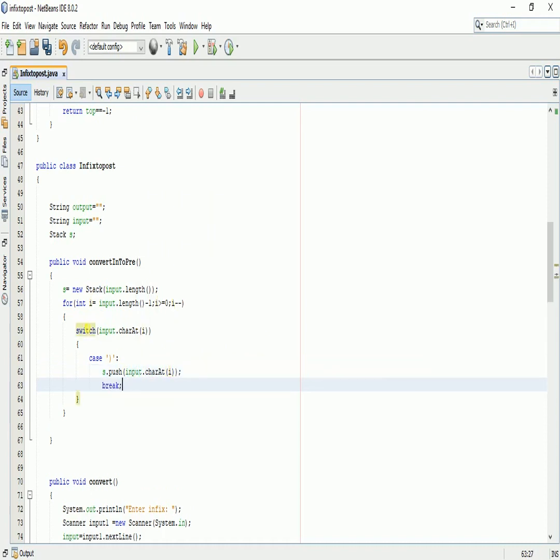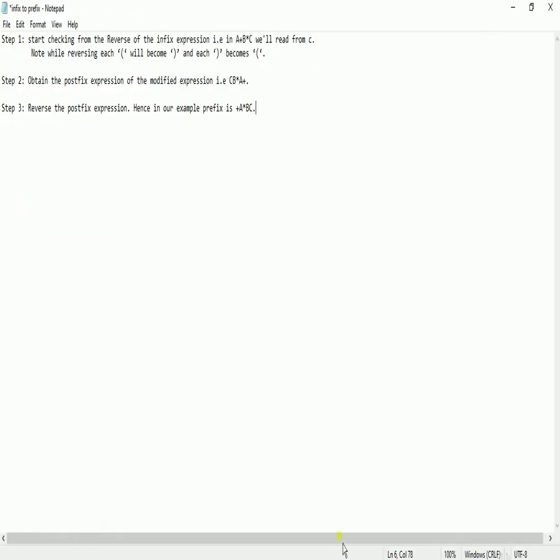What I did here is that I told you in this video at the start that this will act as our opening parenthesis. In a usual expression, this acts as a closing parenthesis, but in this scenario, as we are reversing our string, you can see that we are checking from 7 to 0. We start from 7, so this will become our opening parenthesis.